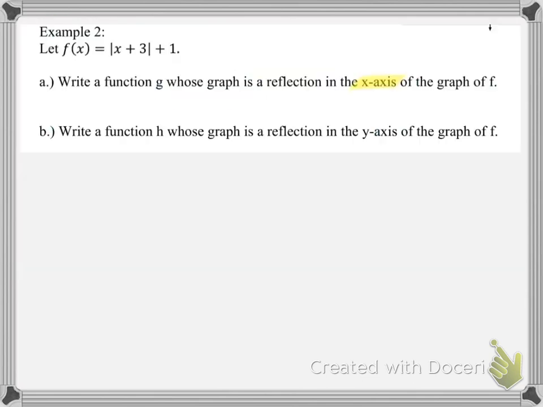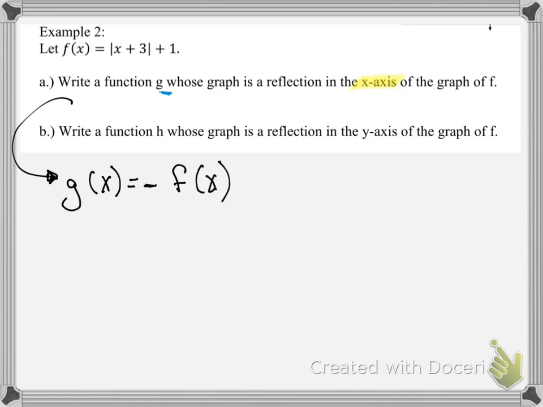Okay, so I have to do it out front the whole thing. And I want to name it g. So we'll go g of x. Kind of short on room here. Let's go ahead and put it down here. So here's a. My g of x then would be a negative out front of f of x, the